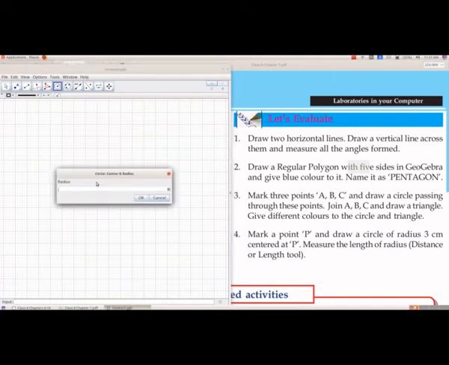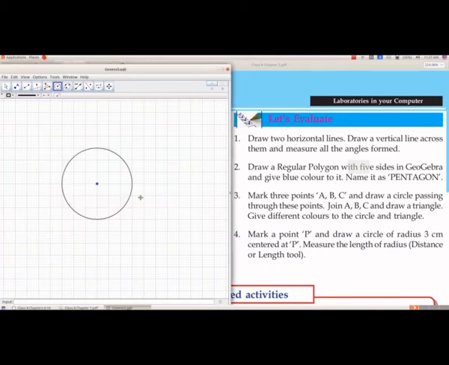We will plot the point, and when we click the mouse, we will get this window, and here we have to give the radius. In the question, the radius is given as 3 centimeter. So we will enter the value as 3 and then OK.